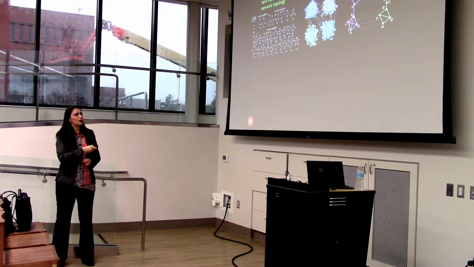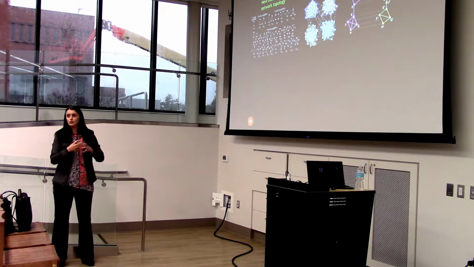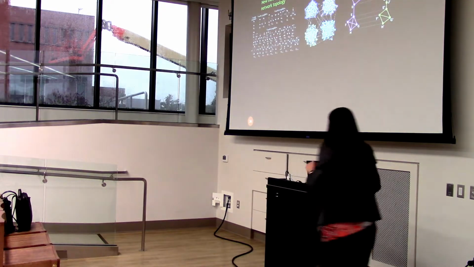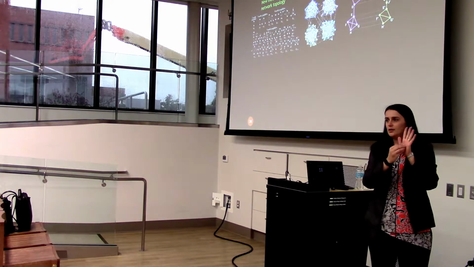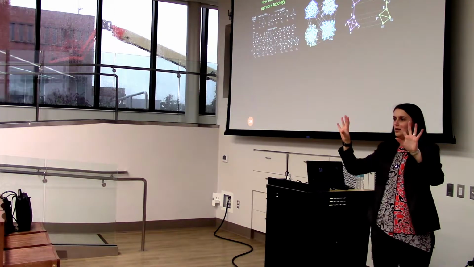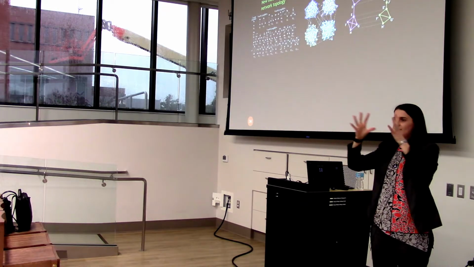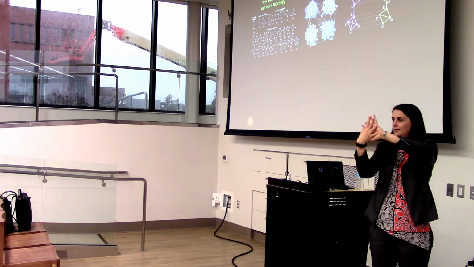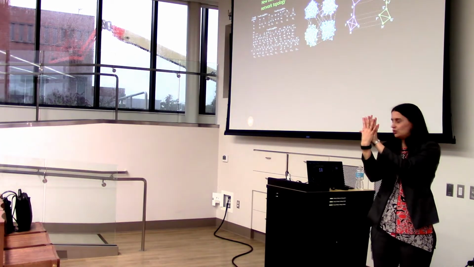So when we don't know what nodes in one network correspond to what other nodes in the other network, the goal is to find the mapping so that you conserve lots of network structure. And I will try to illustrate that using my hands. If the center of my palm is a node, and all of the tips of my fingers are nodes, and these are two networks, this would be a good mapping. This would be a bad mapping. You want to conserve network structure.